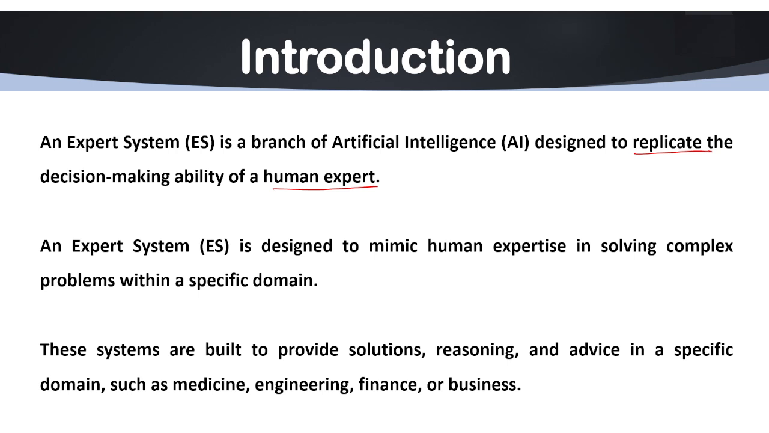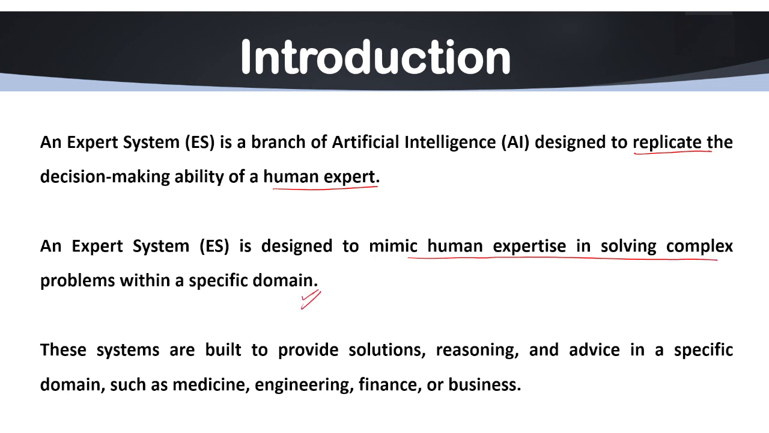As its name implies, expert system. That means by using artificial intelligence rules, we are going to make a system that is expert in decision making, that works expertly like we humans do. Clear everyone? An expert system is designed to mimic human expertise in solving complex problems within a specific